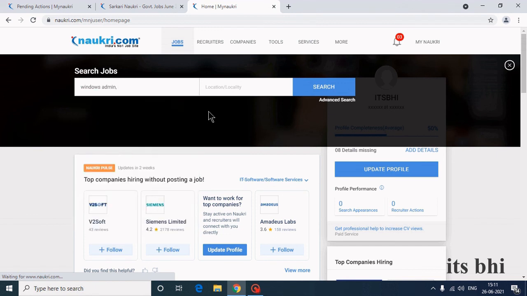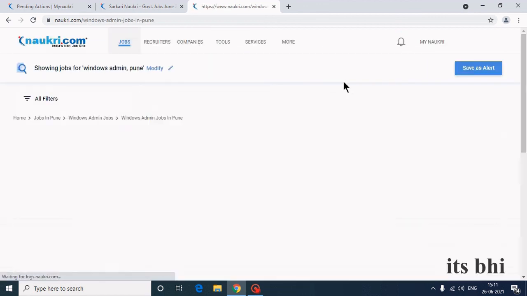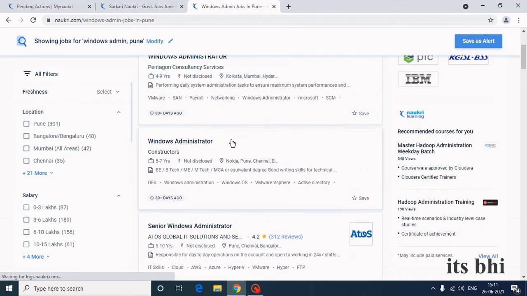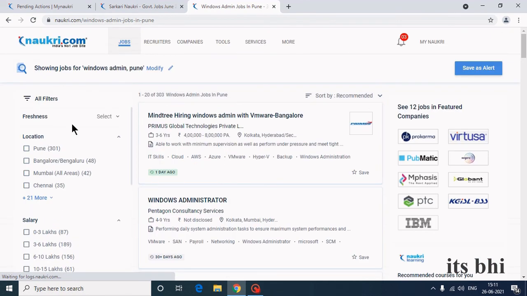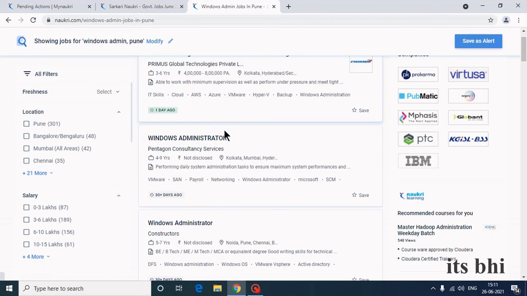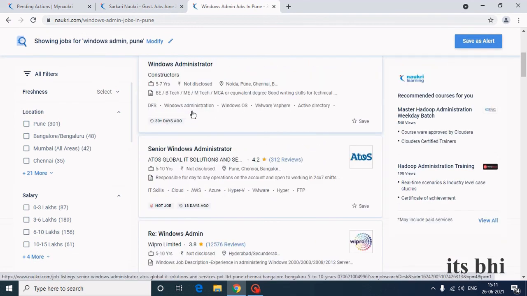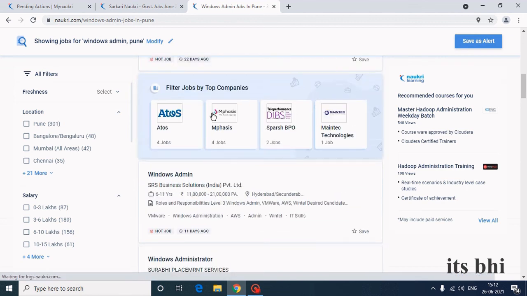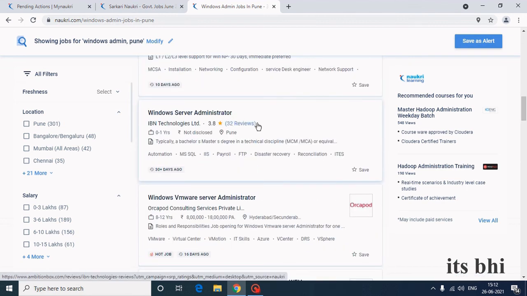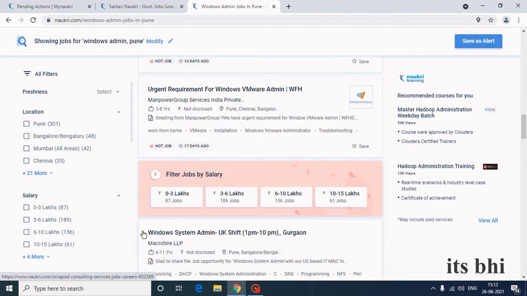Windows admin. Location, you can mark Pune, and search. You can find results, and after uploading your resume, you can apply directly to some of them. If the easy apply option is available, it will come over here.